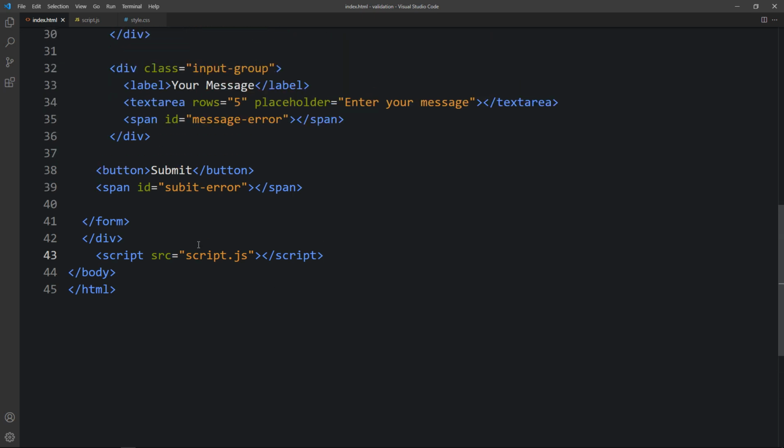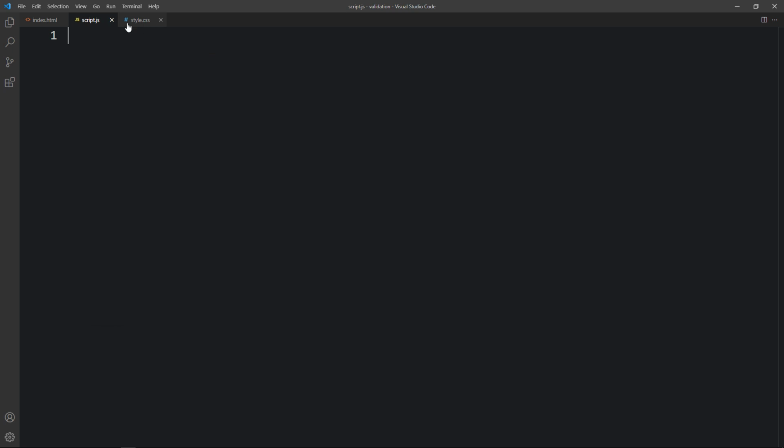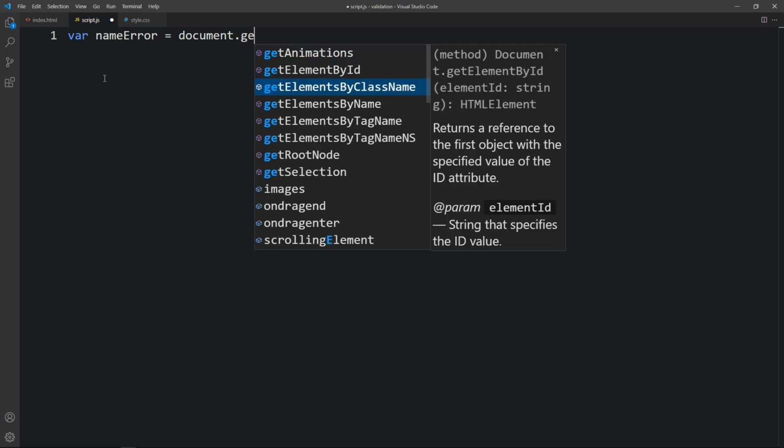Next, we have to add the variable for all these ID that we have written here in this HTML file. So let's come to the script file. This is the script.js, and here we will create variable. So let's add var nameError equal to document.getElementById,